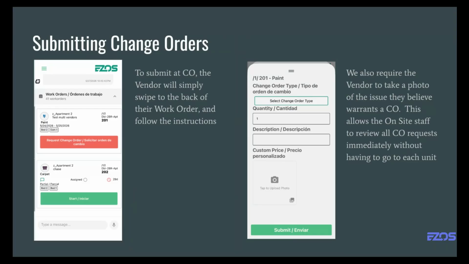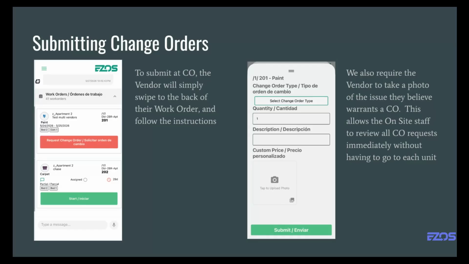As I just mentioned, submitting change orders is something they can do. If your site is doing this, I will say this is growing in popularity across our sites, utilizing change orders, whether it be painting a raw door, sealing paint, extra cleaning in an area. These are add-ons that you can do on top of a work order. So if a work order is to paint the entirety of a unit or a couple spaces in it, but while I'm in there,